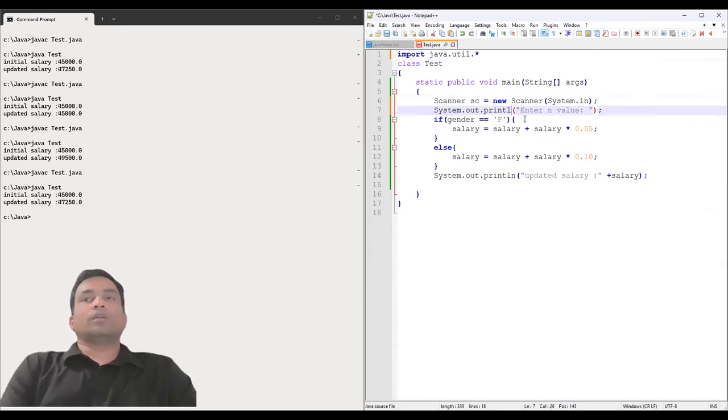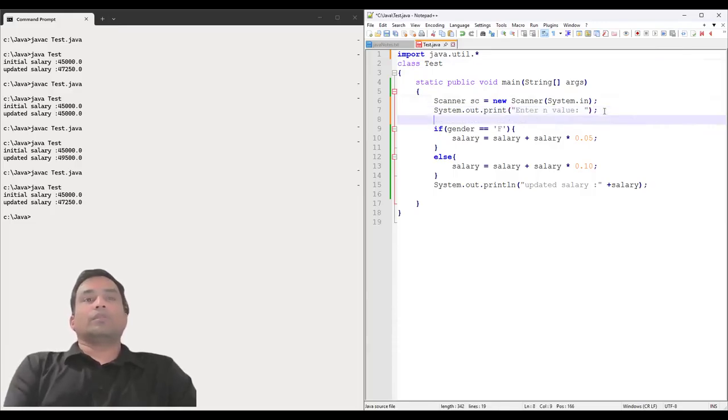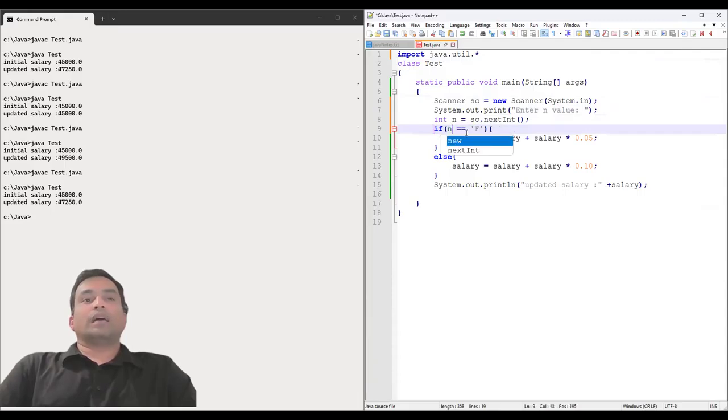I'll just use print. Then we need to assign int n equal to sc.nextInt(), and if n % 2, or modular division 2, is equal to 0, then